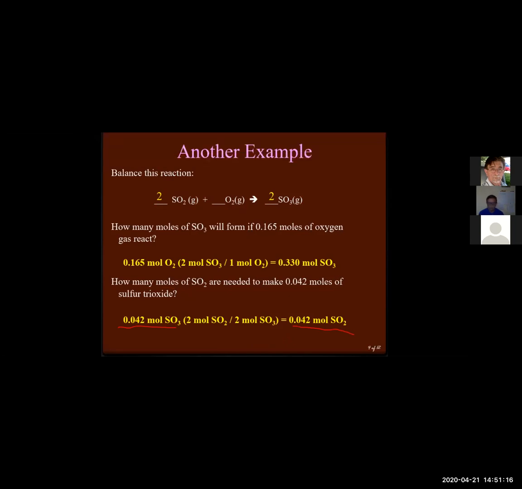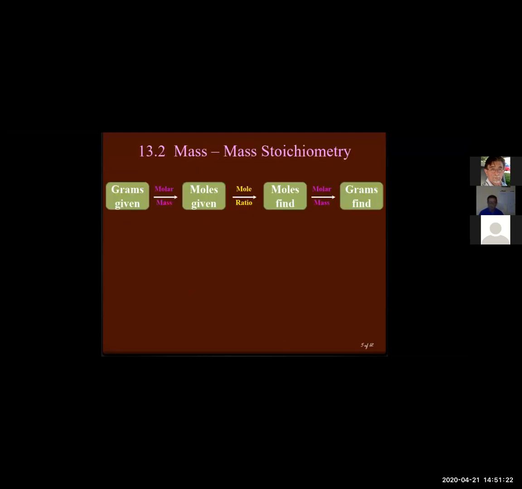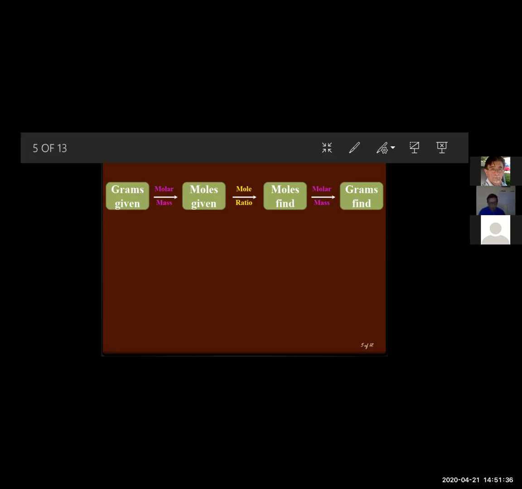So for all these problems here, we need that balanced chemical reaction. Okay. This particular flow chart kind of summarizes it for you. I've got another one coming up that gives you more information. But in order for us to be able to go from A to B, whatever A and B are, and I don't mean just going in one direction, but going left and right, we must always go through moles, okay? That is the common unit that compounds have with each other in chemical reactions.